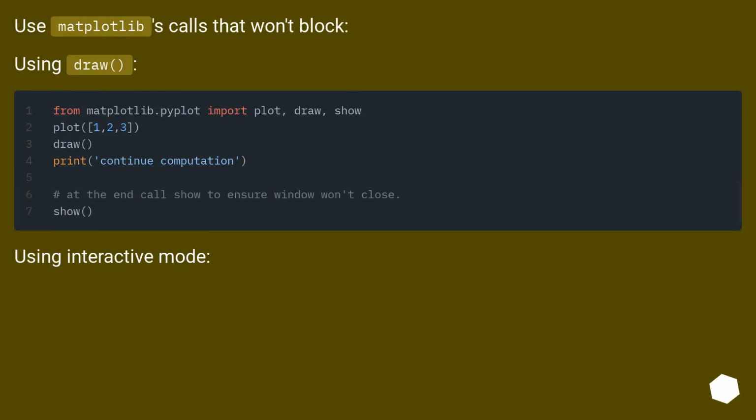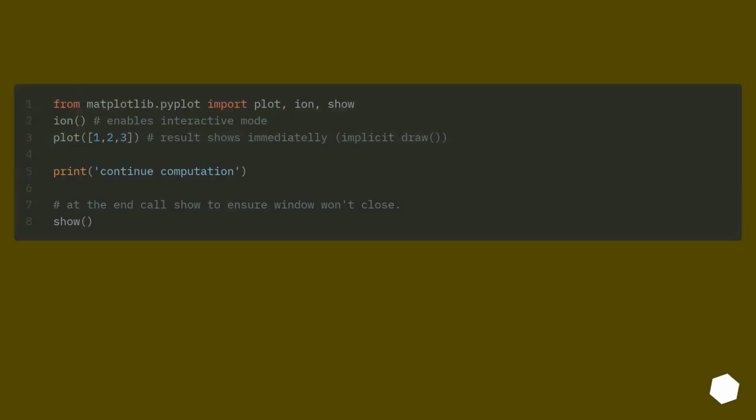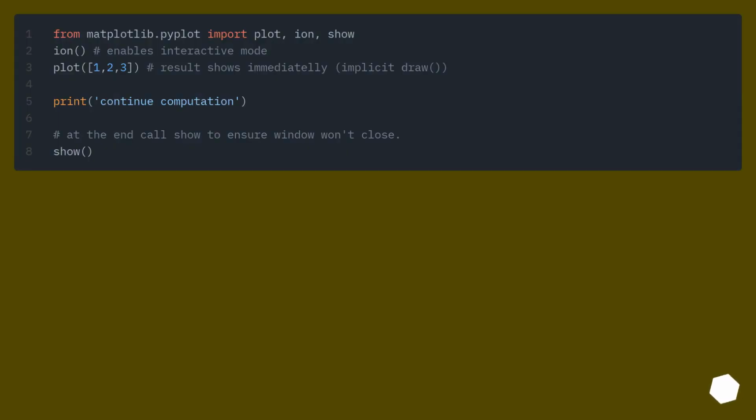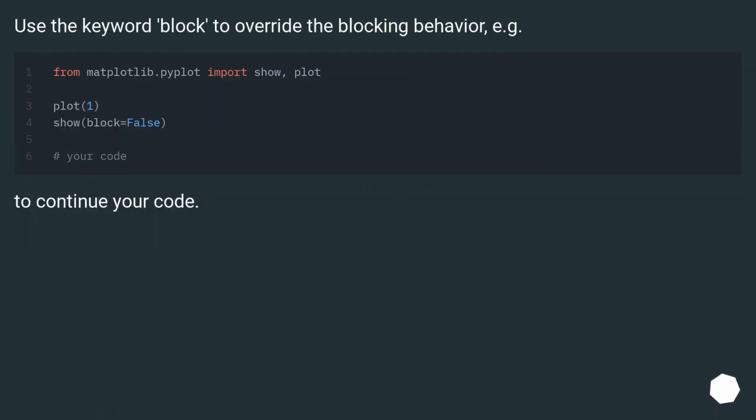Use matplotlib's calls that won't block. Using draw. Using interactive mode. Use the keyword block to override the blocking behavior, for example. To continue your code,